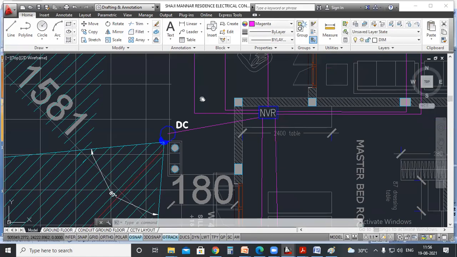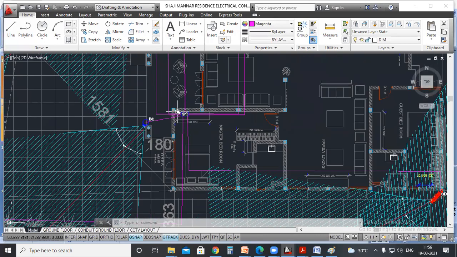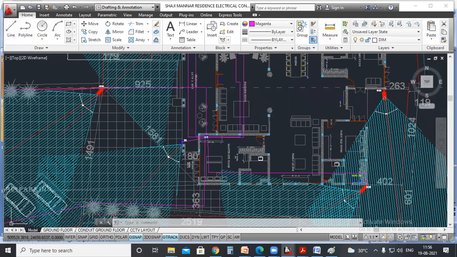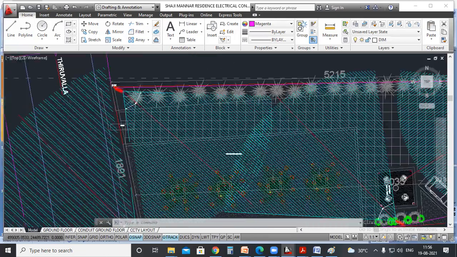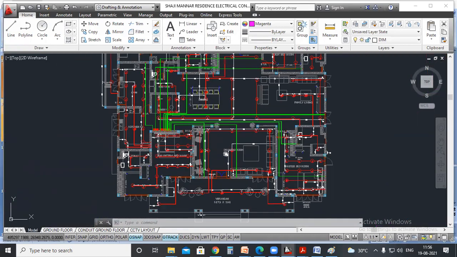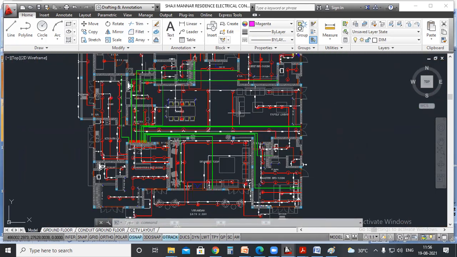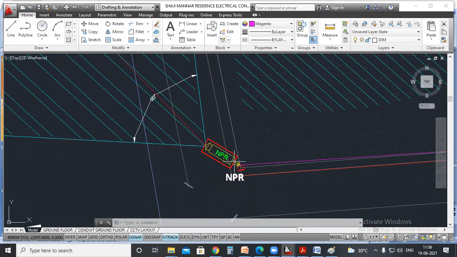Here you can see we have provided the location for NVR in the master bedroom. This is actually the representation only, not the routing. Connection of each camera is coming to the NVR. The conduit, we have to provide a separate drawing like this way. So this is actually the representation of cameras, type of cameras,